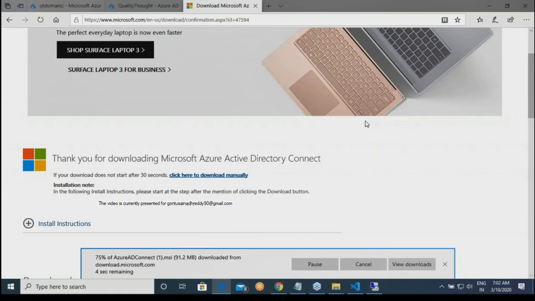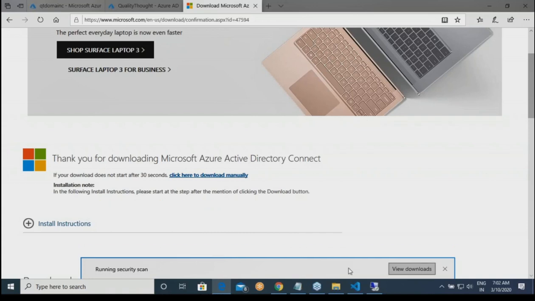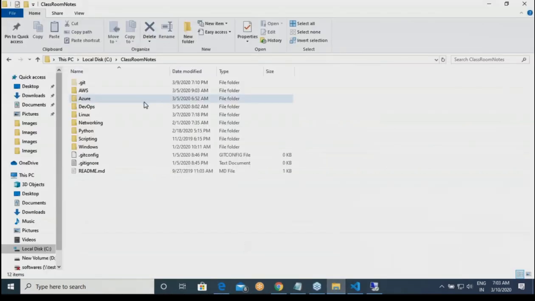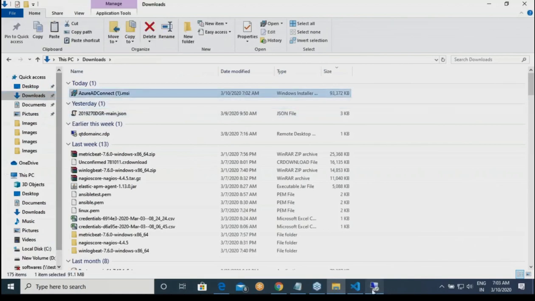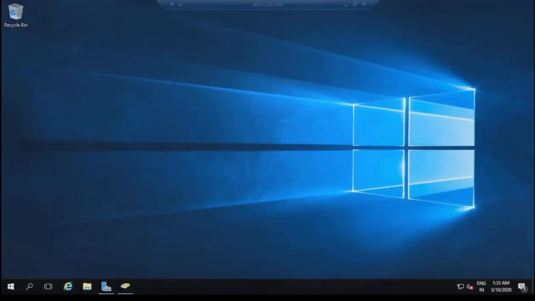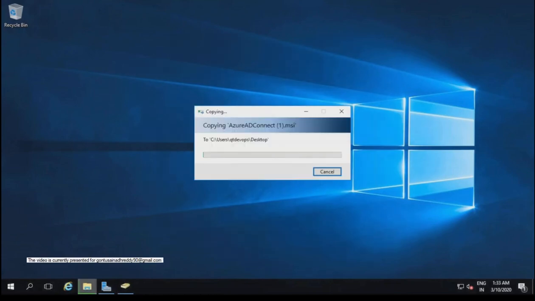But if it is more than that, use Azure's internet connection. It is much better. Downloads. Copy this. Paste it somewhere over here. This will take forever, I think.